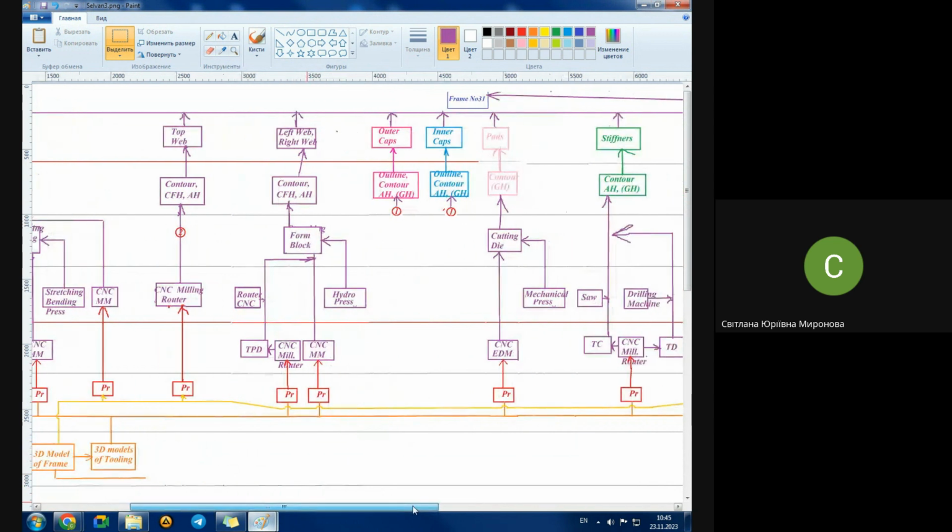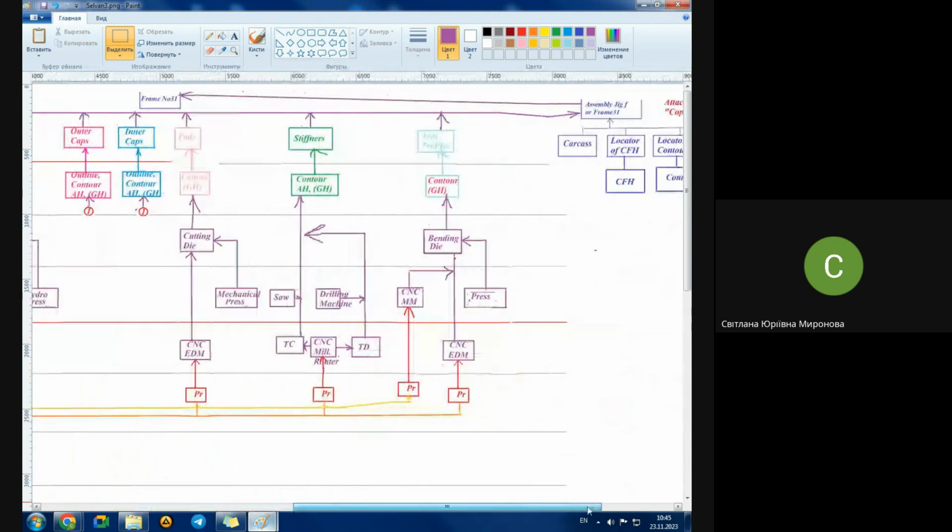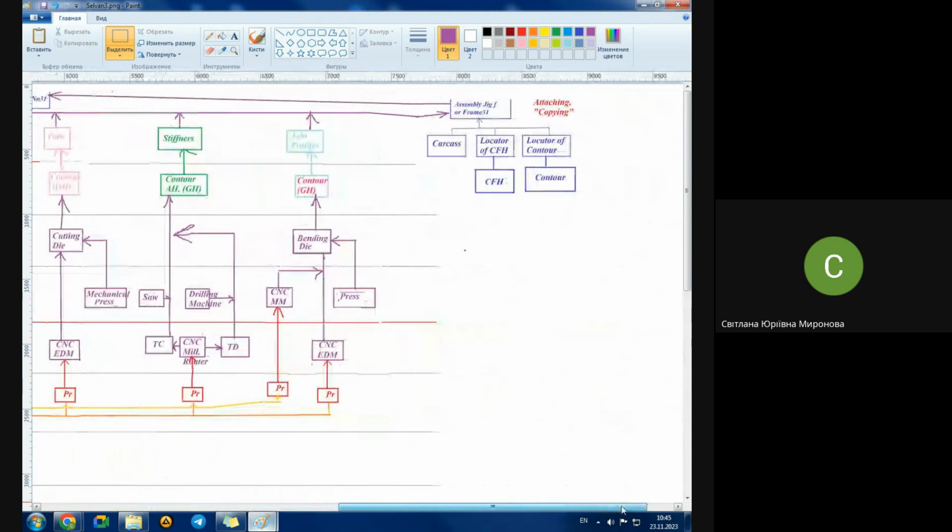Actually, we may mention all the tooling even in one box, like 3D model of tooling, including tooling for parts manufacturing and tooling for assembly. But we usually separate them just for our convenience a little bit. Yeah? Let's type here